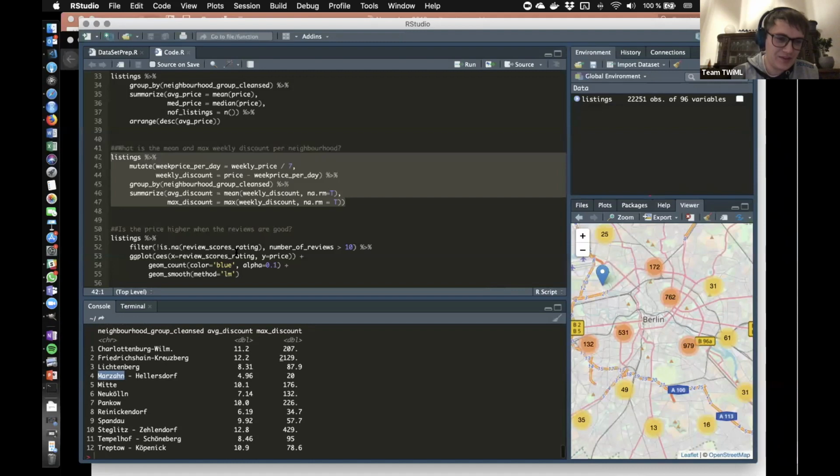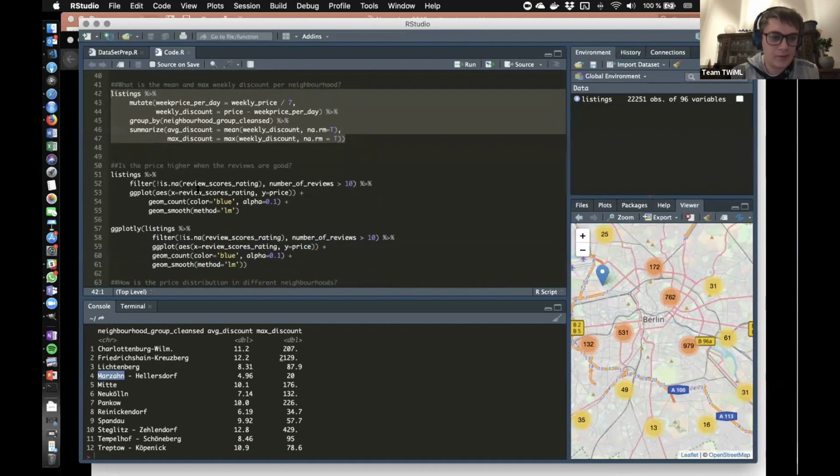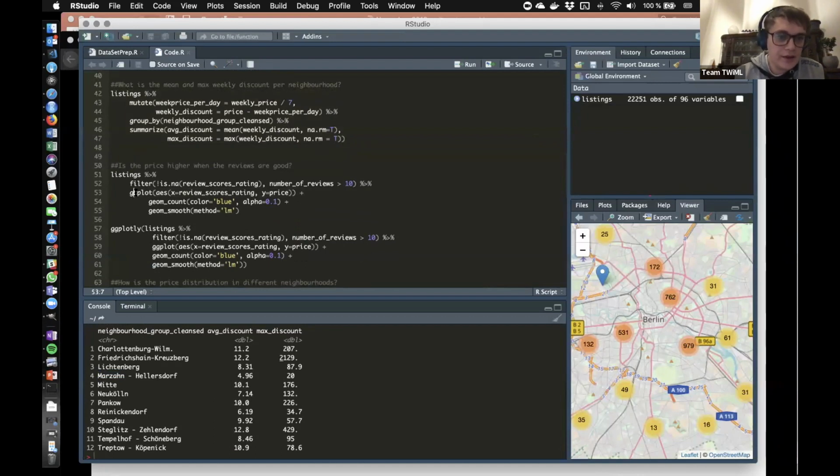Well, you can see that with this kind of code, you can very quickly create those kinds of insights into the data. And also, you can use it with ggplot, which is I think the most famous plotting library for R. And you can directly pipe those data you created in those data pipes into a ggplot object. I'll not go into the details of ggplot now, that would be a whole different topic. But